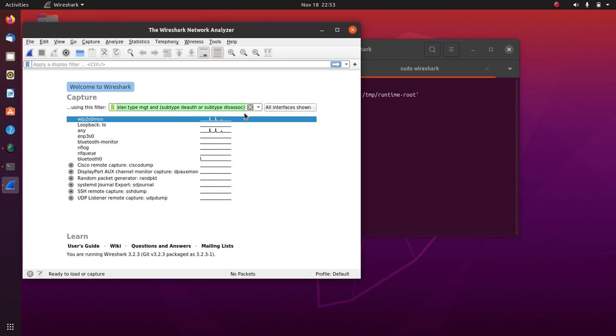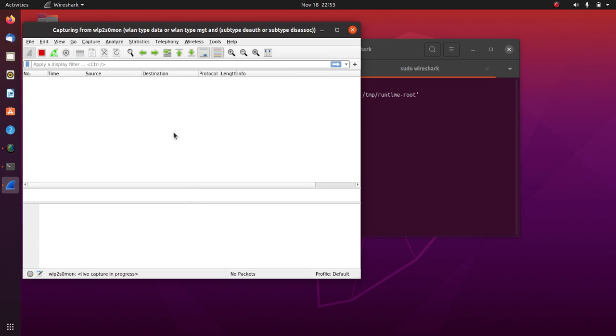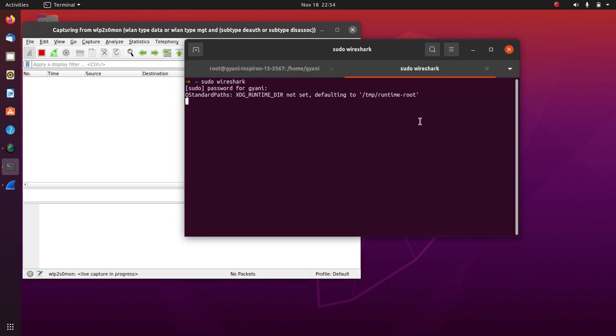So it will filter all the packets which are deauth packets or disassociation packets. So we'll start capturing. As you can see, it is not capturing any packet right now because we applied a filter. Once we launch the attack, we'll start capturing the packets.